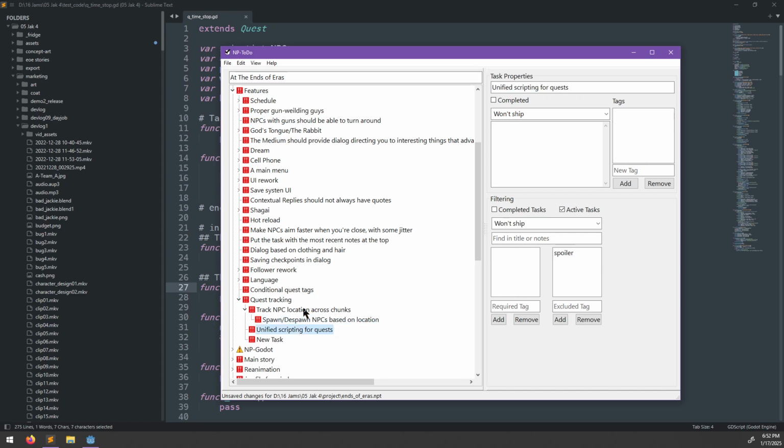I kind of just need to have my new NPC system. I made my navigation system so that NPCs that are following the player don't have multiple copies, for example. I basically need to do the same thing for NPCs that are tracked in the